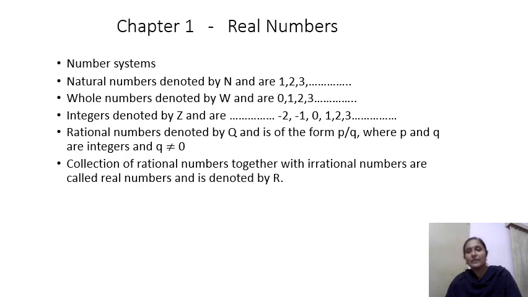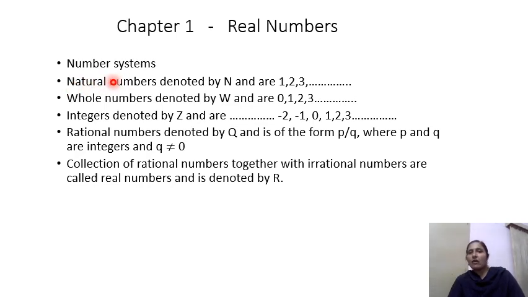But before doing that topic, since our chapter name is real numbers, first we should know about different number systems. So first we can check what the different number systems are. As you can check here, it is written different number systems. So we can go through here. The first one is different number system. The smallest number system is natural numbers.